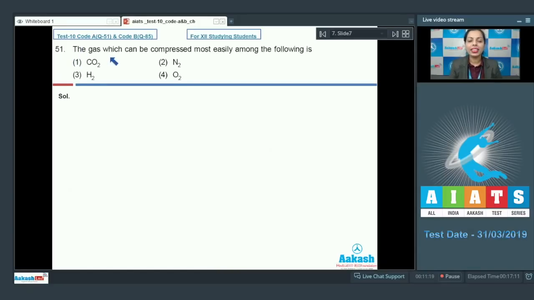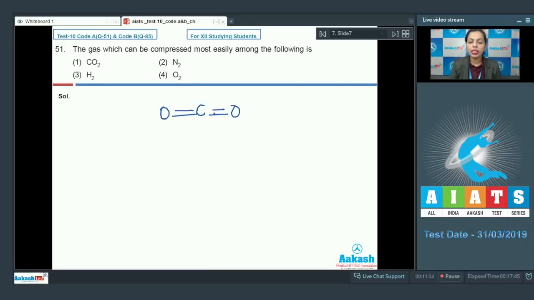Question number 51. The gas which can be compressed most easily among the following is. Just have a look on the given gases: carbon dioxide, N2, O2 and H2. If we talk about these gases, options 2, 3 and 4 are diatomic gases. While if we talk about CO2, this is a linear